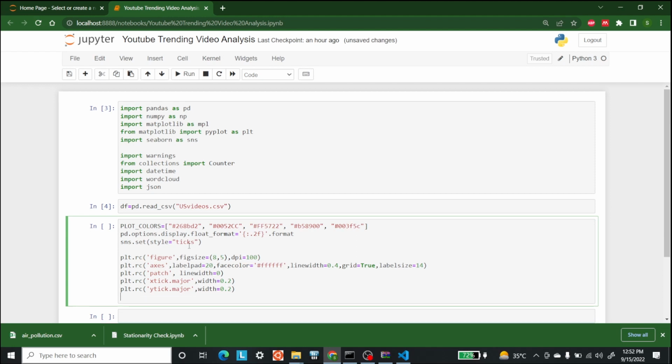Right, so after this let's write the grid to plt.rc, and here let's give it a grid setting. So grid and the color of the grid, and the linewidth